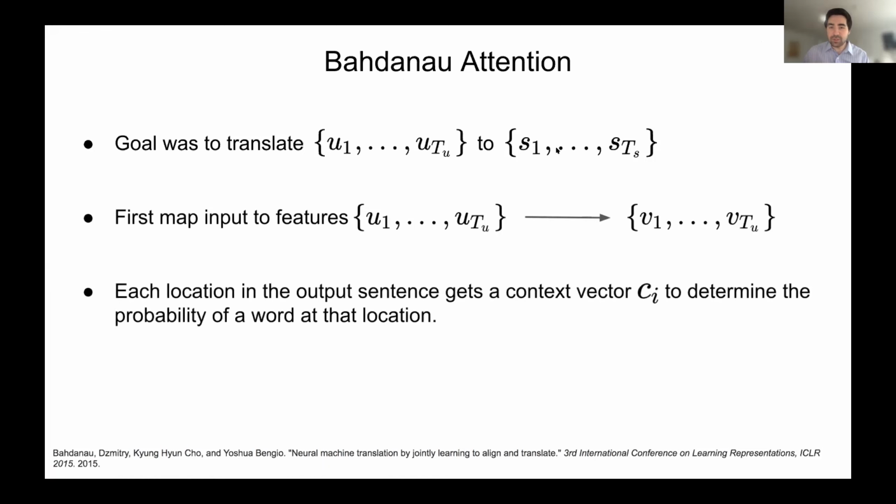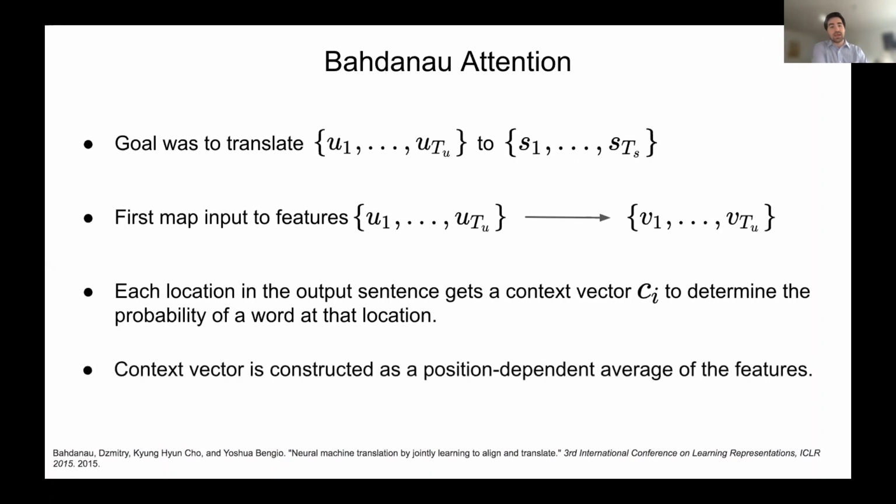And then for every location in the output sentence, you would construct a so-called context vector that was specific to that index in the output sentence to help form a probability distribution over words to select one from that output sentence. And the main idea that we're going to adopt here is the creation of this context vector. And specifically, it's formed as an average over these input features with a distribution that depends on where you are